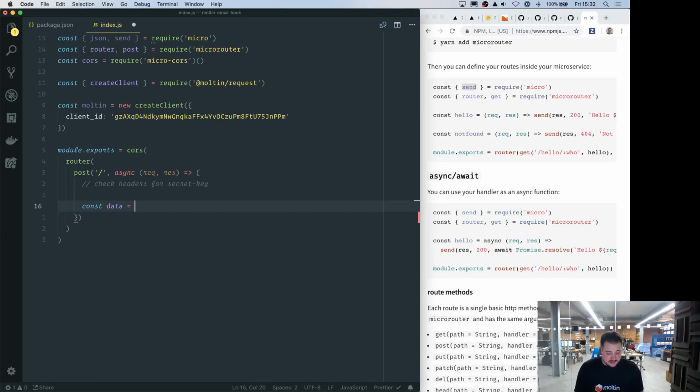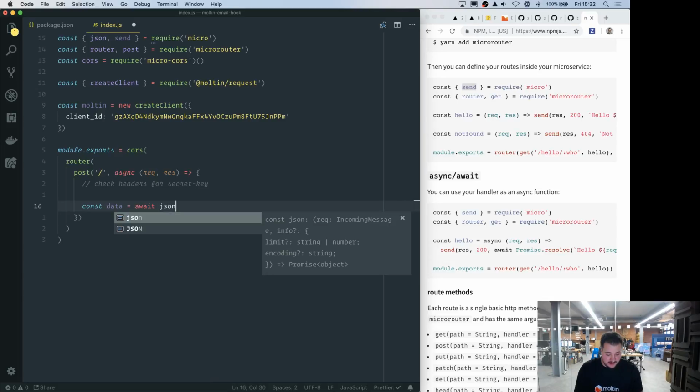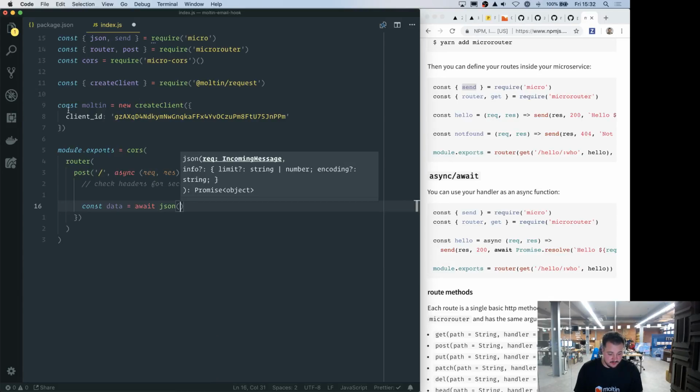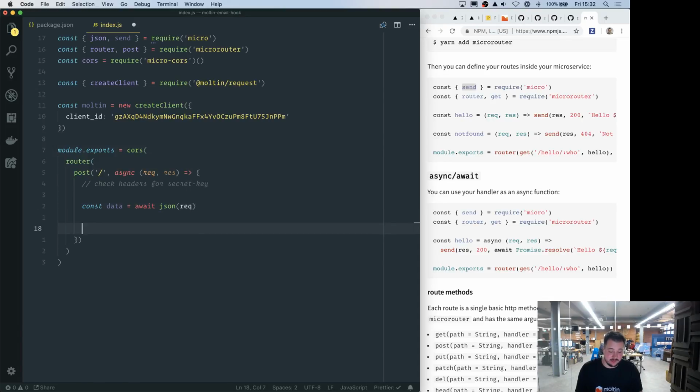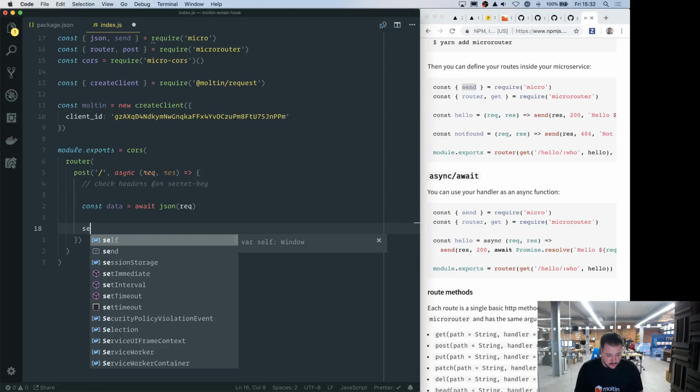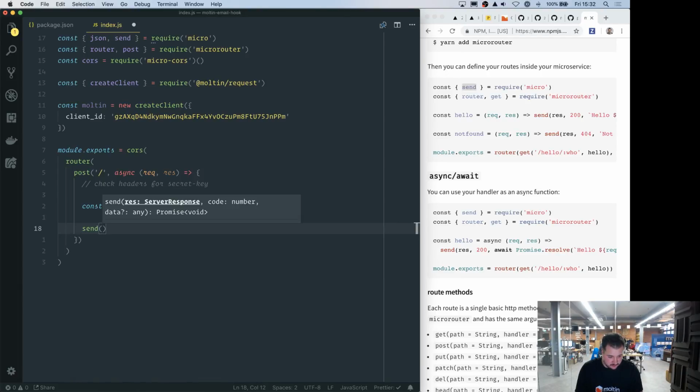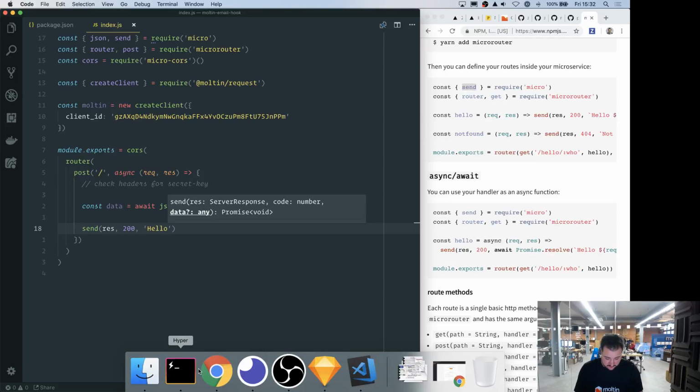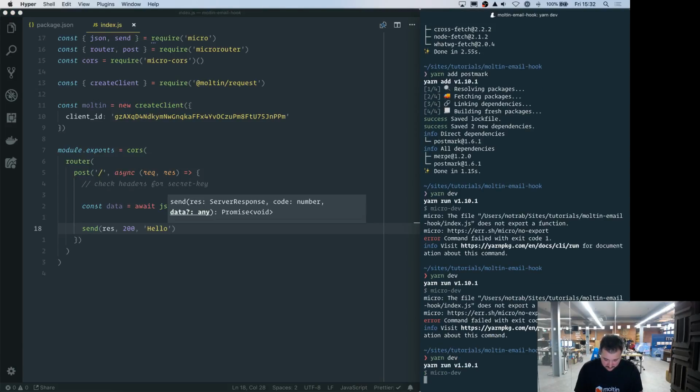Now, obviously, we need to get some data, and we're going to use await and use json that we imported previously from micro. What this will do is allow us to read that JSON and parse it nicely for us with the request that's coming in. So we'll pass in the request as well. And then for demonstration purposes, let's just pop in send, and we'll pass in the response. We'll give it 200, and some text, hello, and we'll see what this does. So if we open up yarn dev,